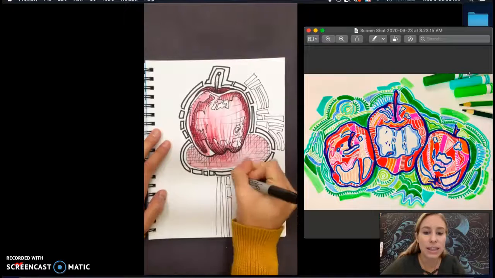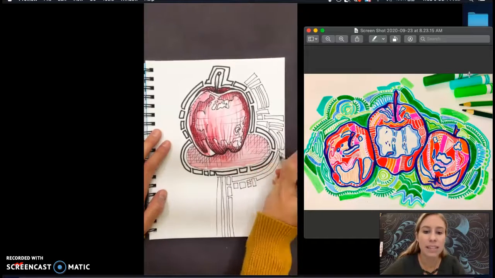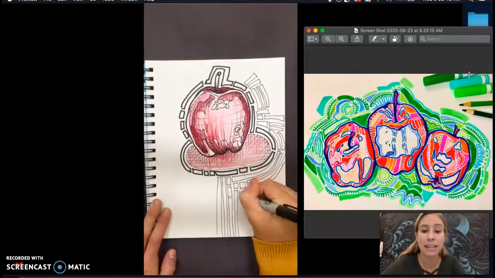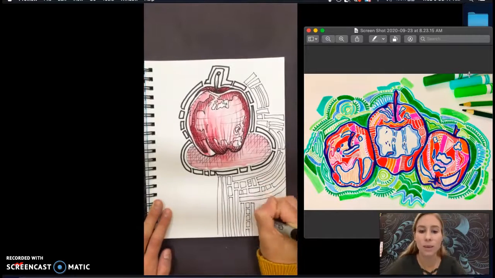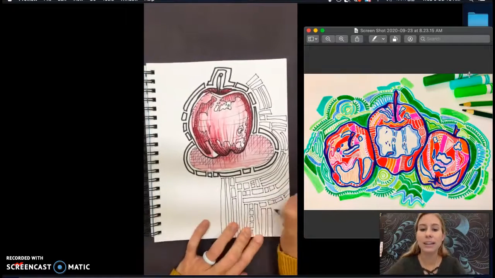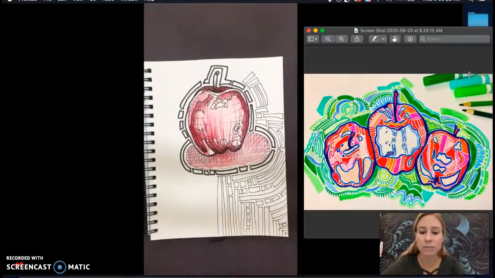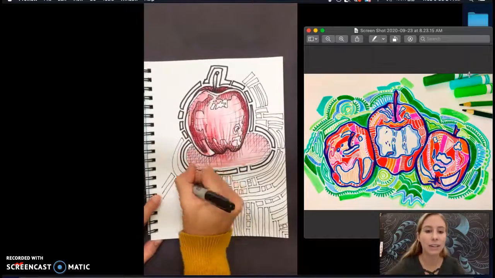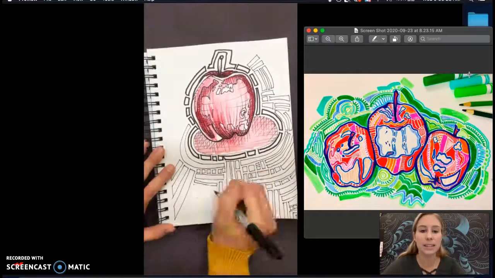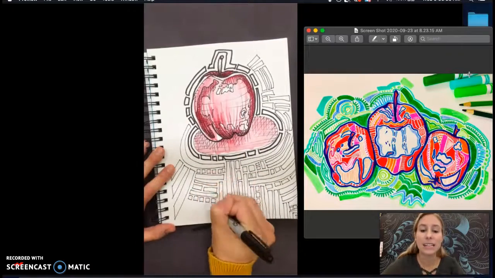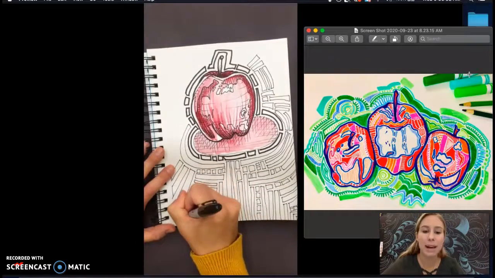And then I switch to the thin side of my Sharpie and I'm just continuing with different lines. So I'm following the same shape, but I'm changing up the size and width of my lines. So try to create a little bit of different shapes within there. So different size squares, different size lines to have more variation. So you can see in some of those areas, there's the little squares, and then a few spots I'm creating